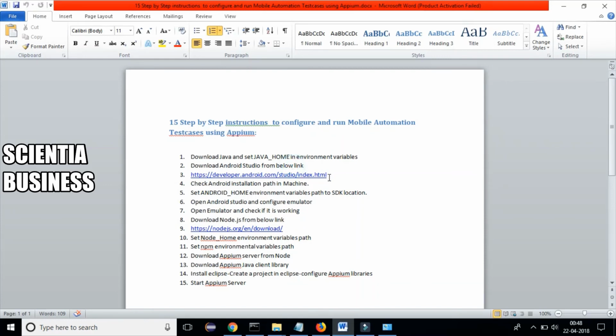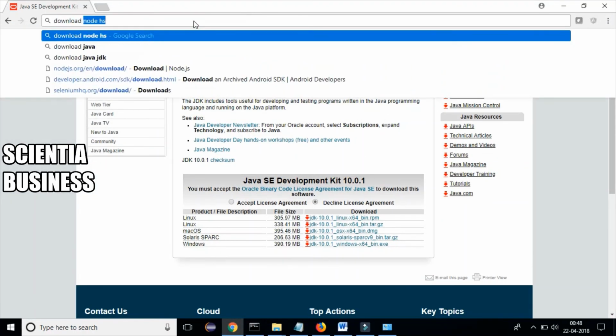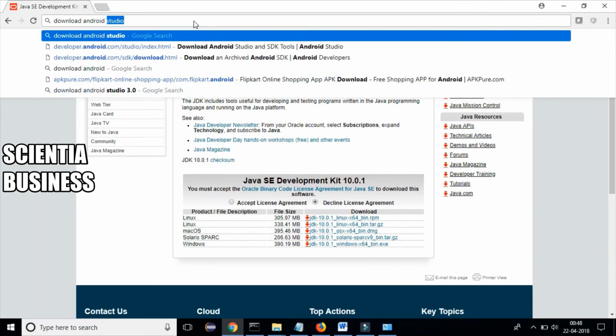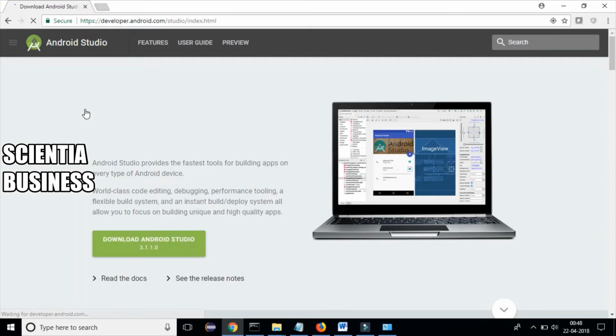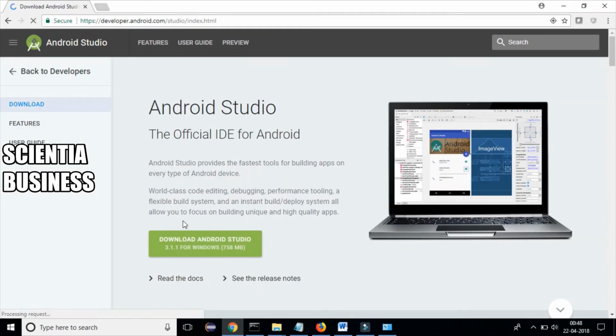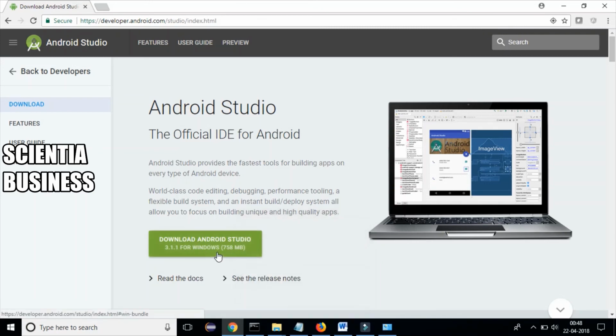In order to install it, I would suggest you visit this link, or you can simply go to Google and write download Android Studio. Click on this link, and as you can see, you can click on this button and it will download Android Studio. Since I've already downloaded it, I won't waste time downloading it again.